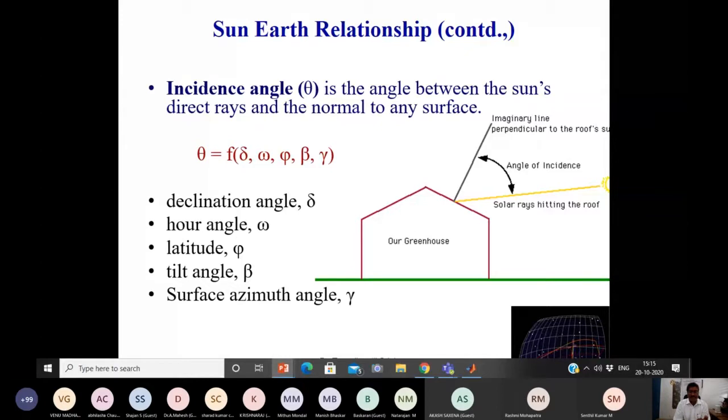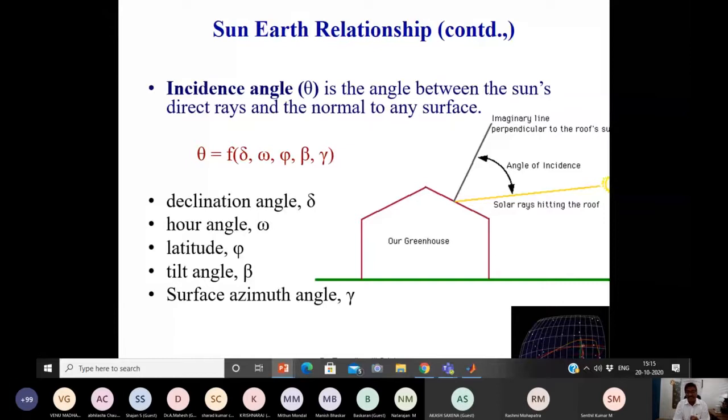Next is the time. Omega is the hour angle. This hour angle is not our watch time, but there is a relation between the hour angle and the watch time. So once we give the time, let us say 2:30 p.m. or 4 p.m. or a.m., that can be converted into the equivalent hour angle. It is defined from forenoon to afternoon. So the second point is the time, the date and the time. The third is phi. Phi is the latitude, which is a place. We have to define the location. So the first three are the date, time and place.